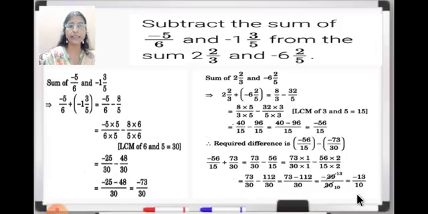So whenever you get this kind of question, first you have to understand the question and solve step by step. So in your notebook you will write down these questions and you will solve first without seeing, and then you will check whether you have done correctly or not.